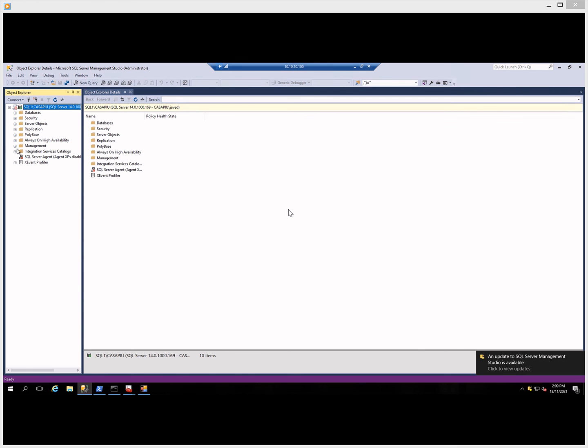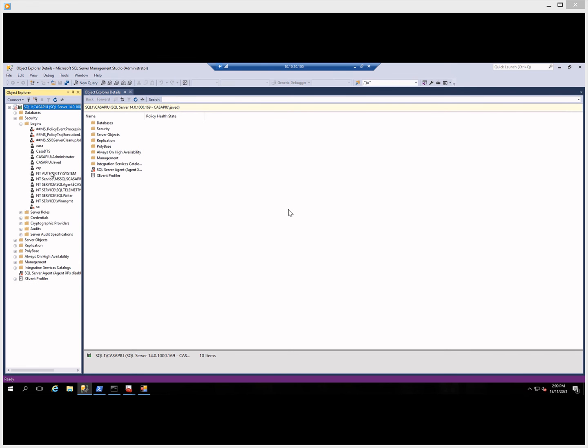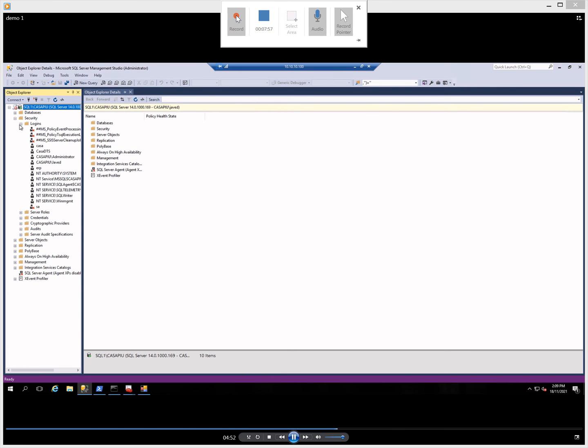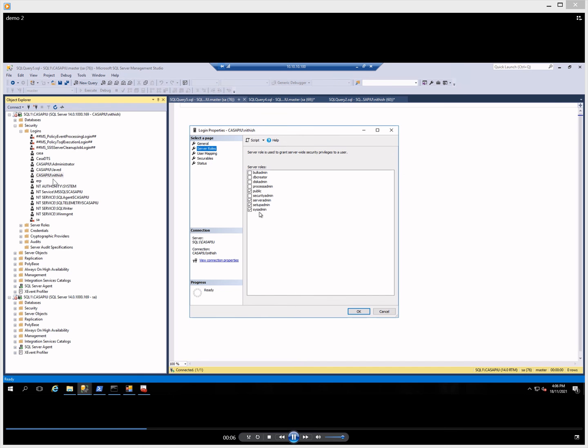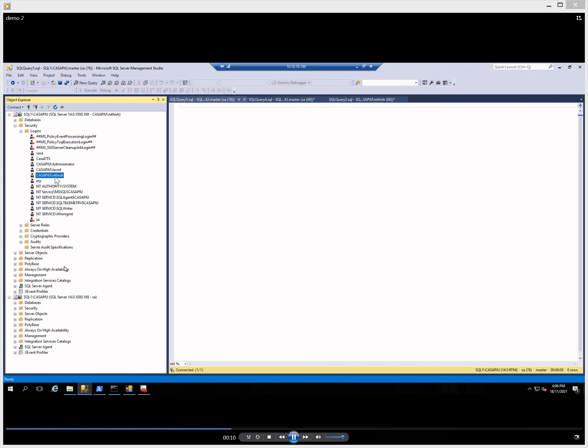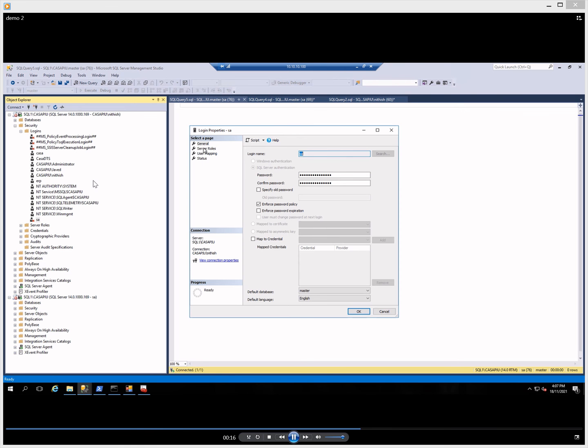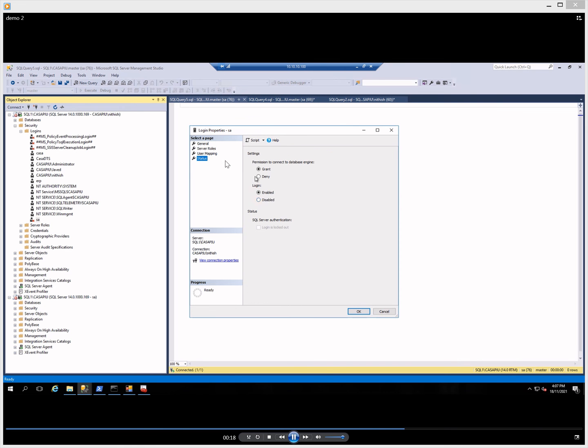I logged in using this account in single user mode. Now I can do anything I want. I have added a new account, Nitish. This is also a domain account, and I can set its properties. I can give administrative rights to this account. I can enable the SA account which is disabled.